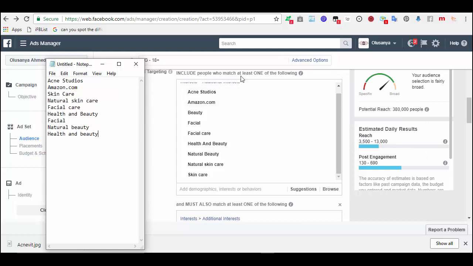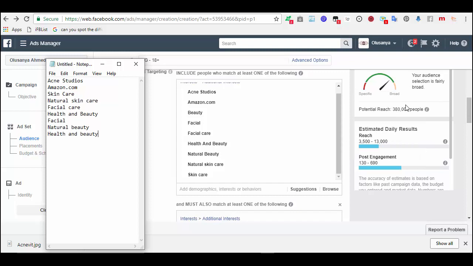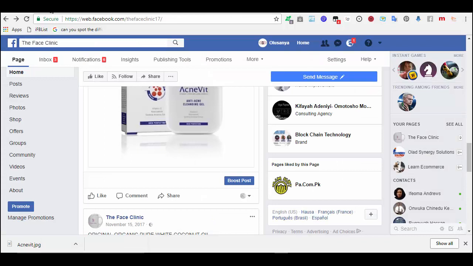These are the things we'll be doing in the boost post. Now after you have gotten the number of people to reach 380,000, at least you are still on point. At least we can easily target these people. If you can target 380,000 people, now money now.